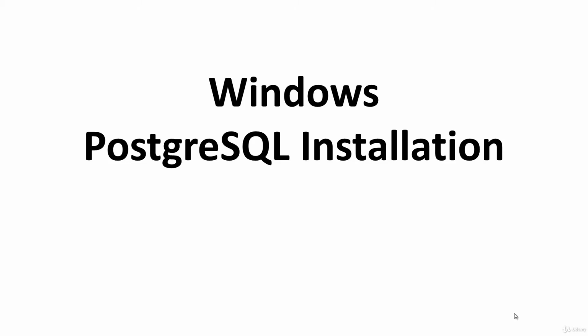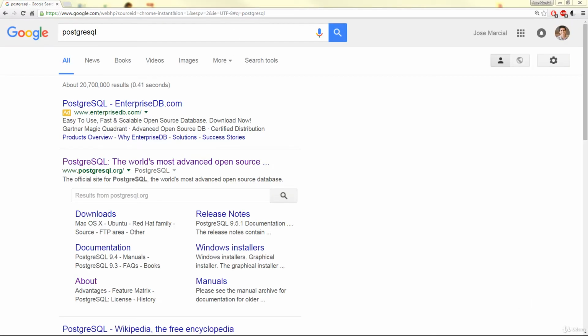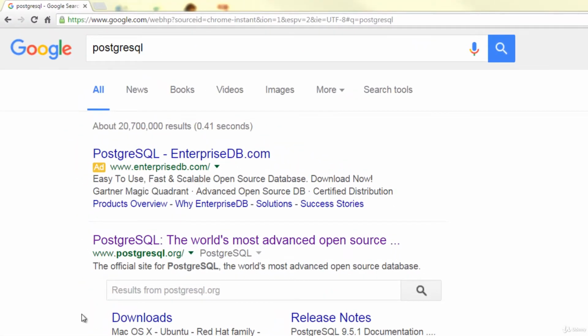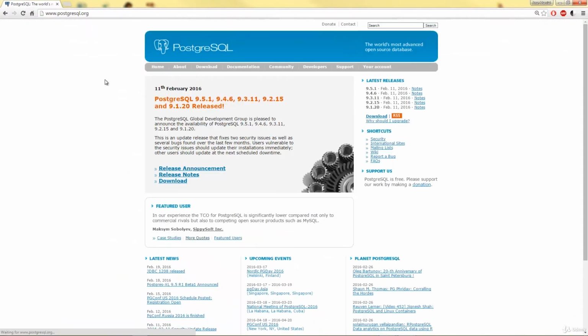First thing you're going to want to do is go ahead and open a web browser and go to www.postgresql.org. So let me go ahead and jump to my web browser so I can show you what this looks like. Okay, so I'm at my web browser now, and something I wanted to point out is you can actually just Google search PostgreSQL, and the very first thing that will pop up as far as the non-ad links is going to be postgresql.org. So go ahead and click that link,